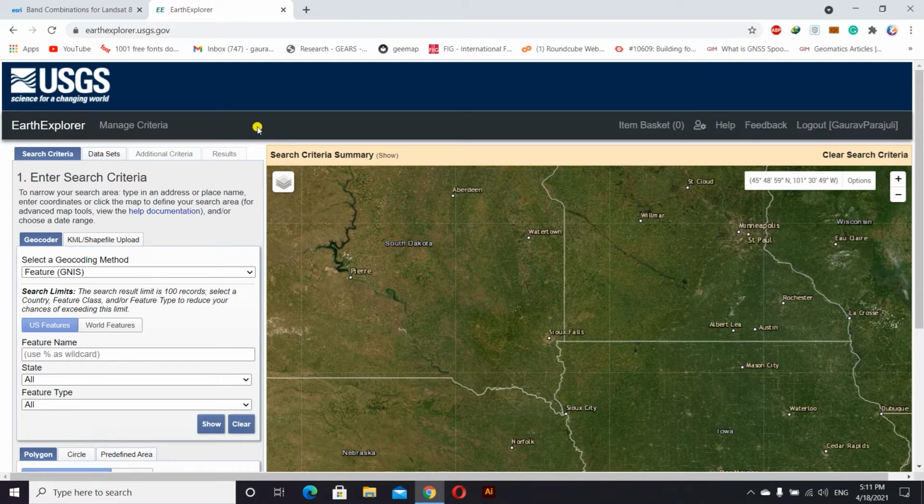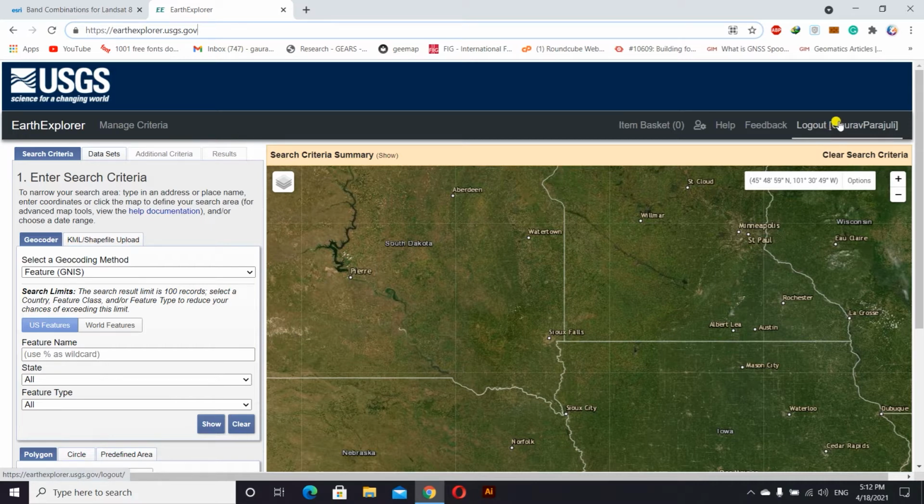So, first step is we'll have to download some satellite image, and we'll get that free of cost for our analysis. It might be of low resolution, but it is sufficient for spatial analysis. So we have to go to this website, earthexplorer.usgs.gov, and if you haven't, you must first make an ID on this website.